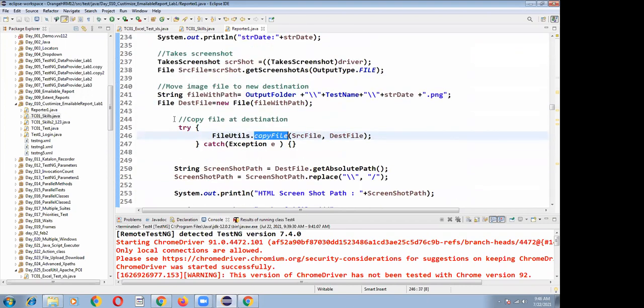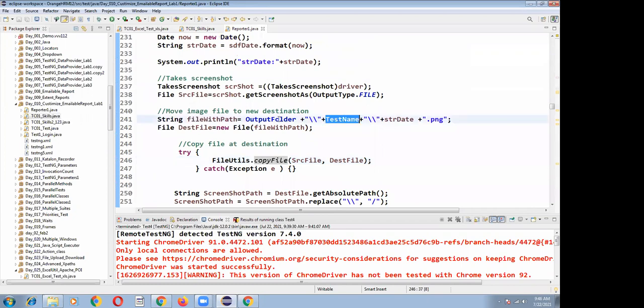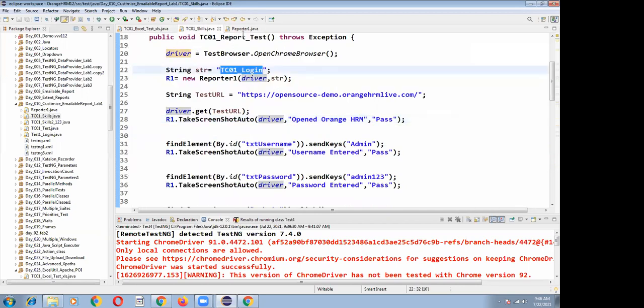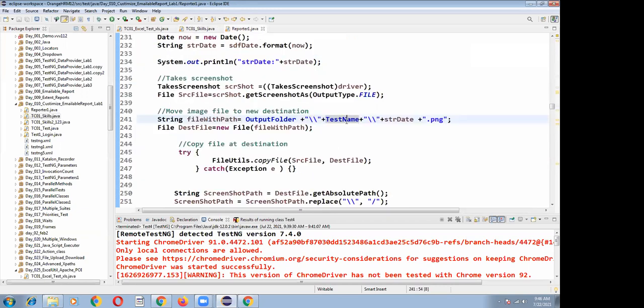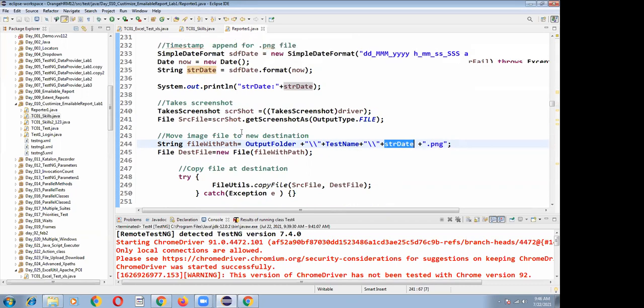This is the background code I have written, and I want to save that into a folder under my test name. What is my test name here? tc01_login. So under tc01_login with the timestamp, a .png file is created. This is the logic I have written.